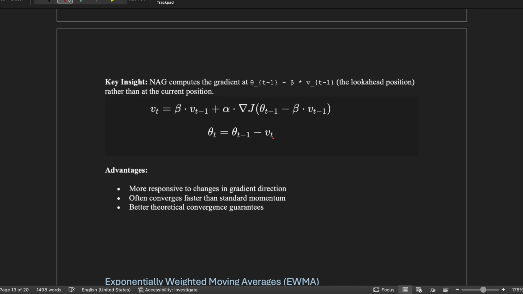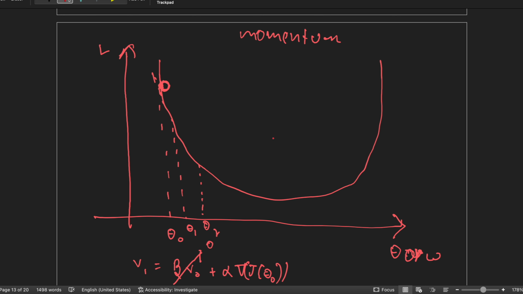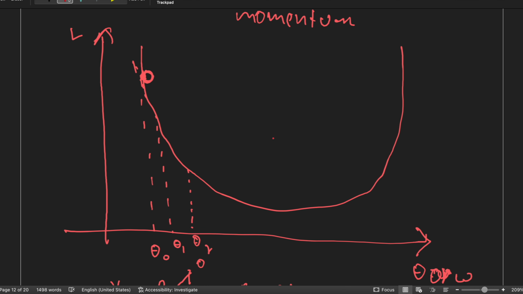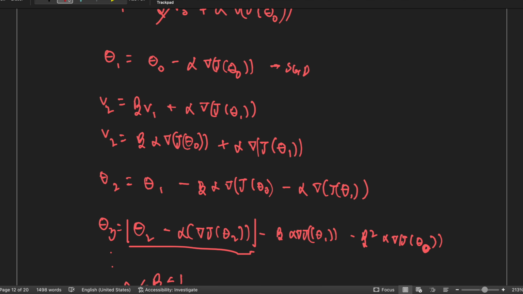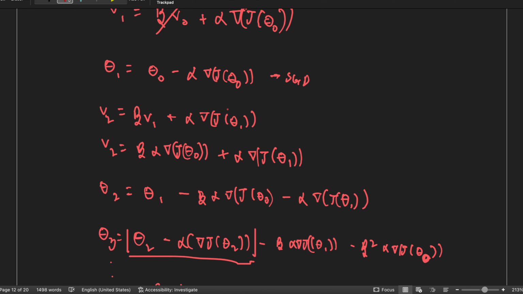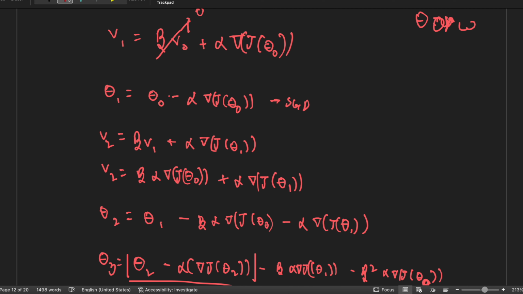What changes in the formula? I don't want to take you deep into the formula; I will try to make you understand through it. What's happening in momentum? Suppose we are at the theta 1 position. There is a momentum term, with a velocity associated with it, and then the gradient term. For theta 1 calculation, we take theta 0 minus the gradient, and then for theta 2 calculation, we